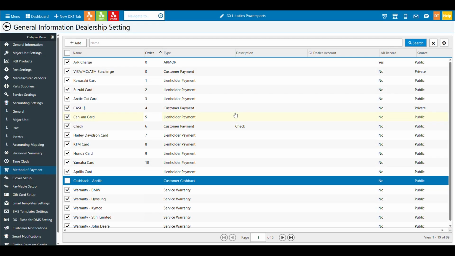So nothing terribly over the top on the method of payment page. Easy to set up, easy to use, easy to understand. You just need to make sure that you get with your accountants to make sure it's set up in a way that flows throughout the business like you would like. So, okay, well, that covered chapter 8, methods of payment.